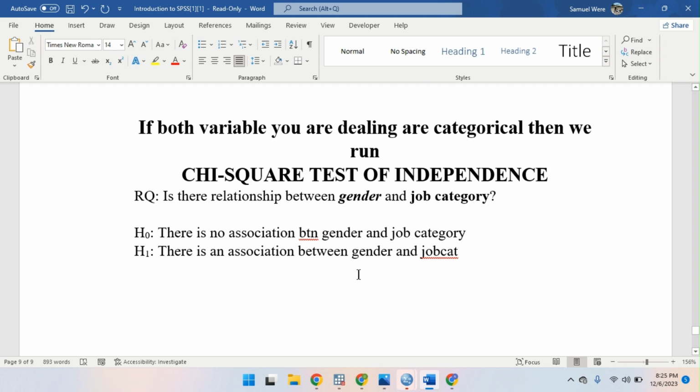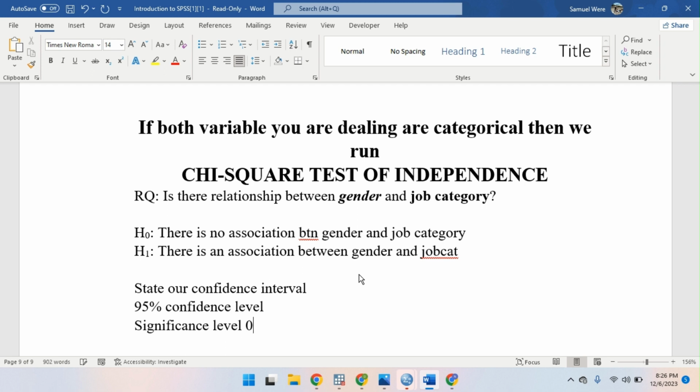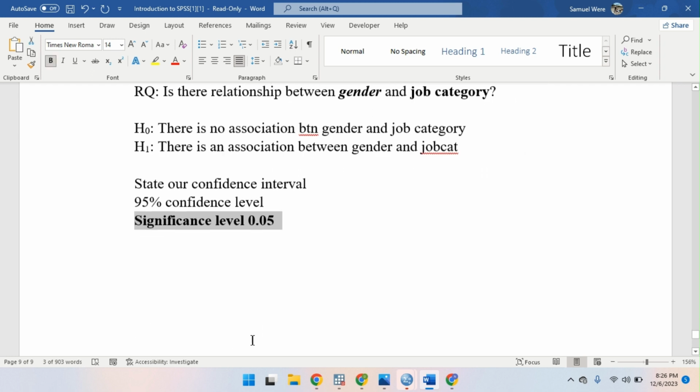The next thing is basically, we are going to state our confidence interval, which is 95. We are adopting 95. So the confidence interval is at 95%, the confidence level. This gives us a margin of error. So that is our significance level, 0.05. That is what we are going to compare with the probability value, or the p-value, to make